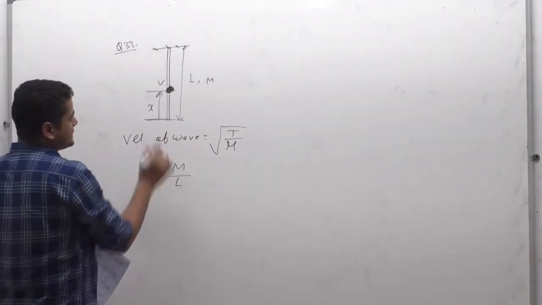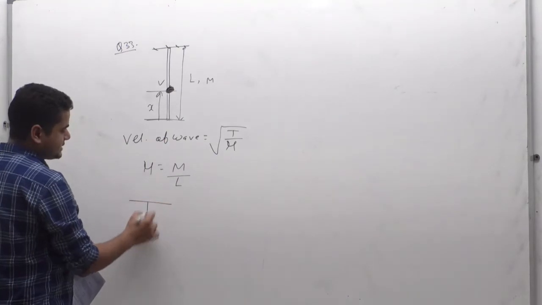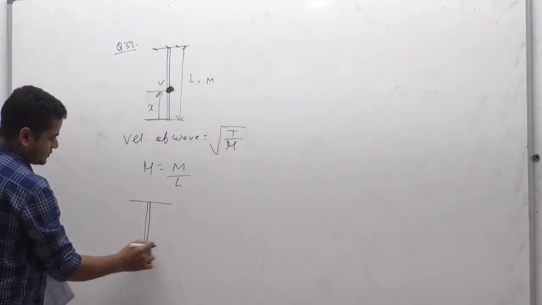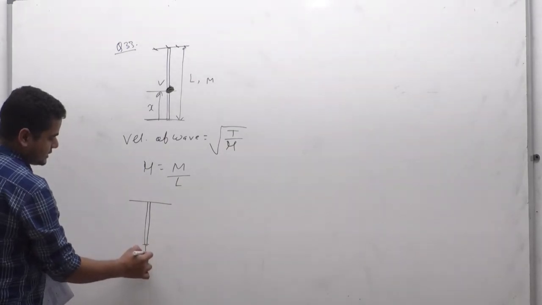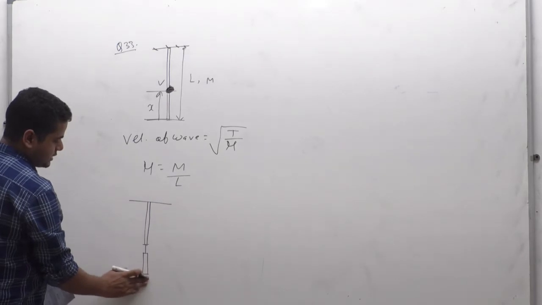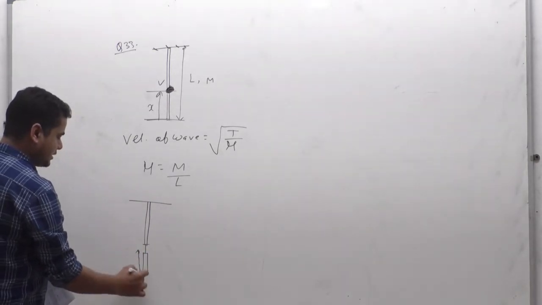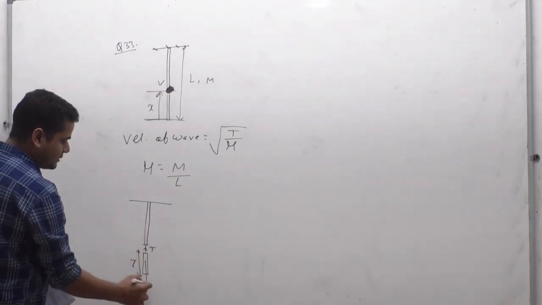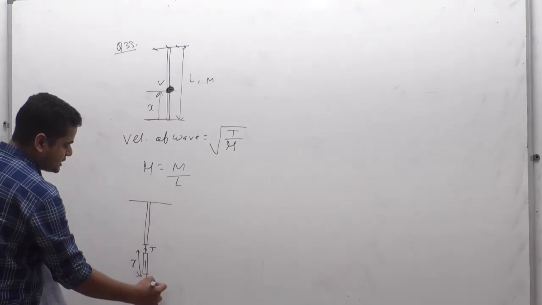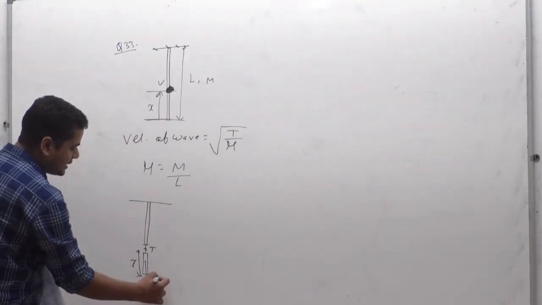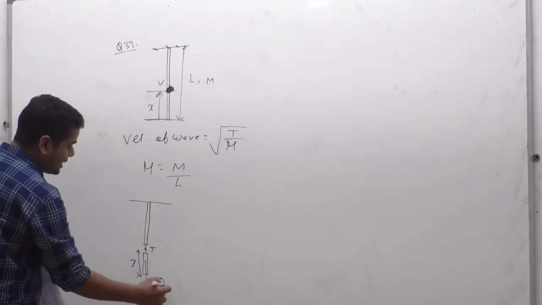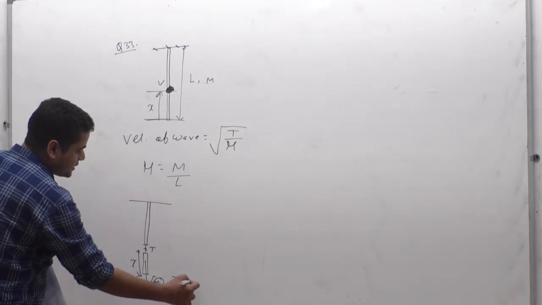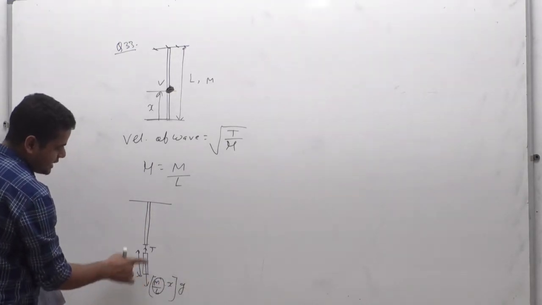It's very simple. See, the FBD was like this. Break it into two parts. Suppose this is portion 1, correct? And think like this, this is portion 2. This part has length how much? You have considered this part as x, so tension is T and the weight of this part will be downward. So how much weight is there? Since mass per unit length is M by L, this is the mass of the entire part, length of the entire part, and the length of this segment is only x, so this is the mass of this part into g. So this is the weight which is acting in the downward direction and tension in the upward direction.